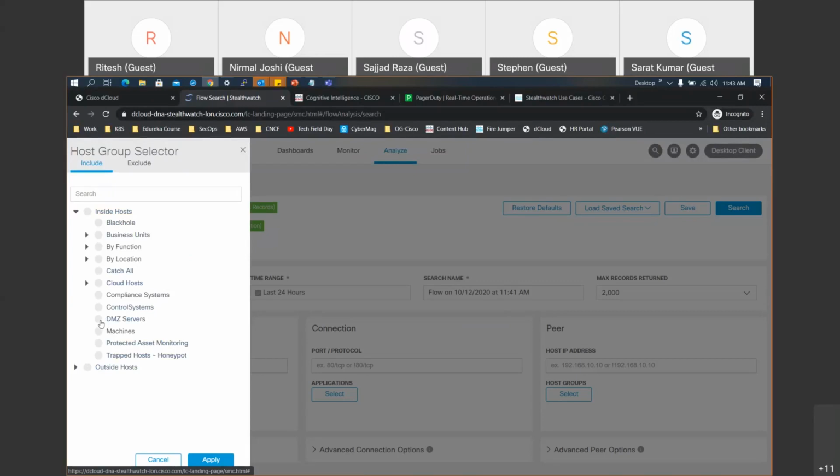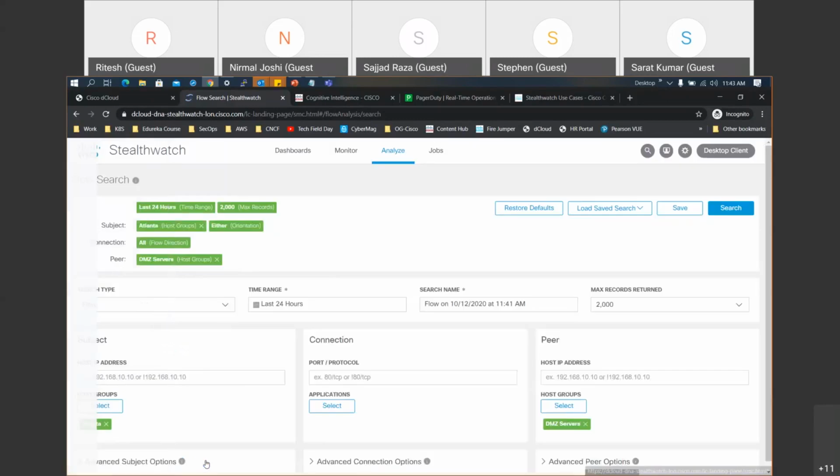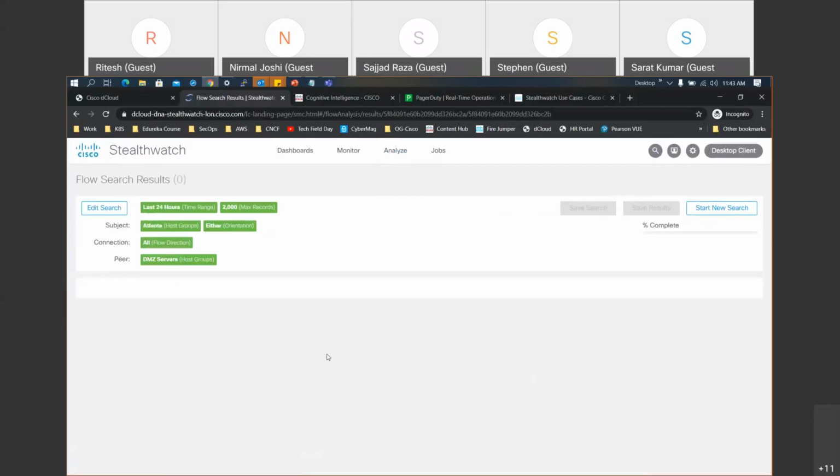So we will see whether the developers in Atlanta can communicate with DMZ servers or not. This is a use case for policy violation detection: whether the policy is being complied with, and whether segmentation is being adhered to or not. So when I click on search, I should expect certain flows going on over the last 24 hours using this search.